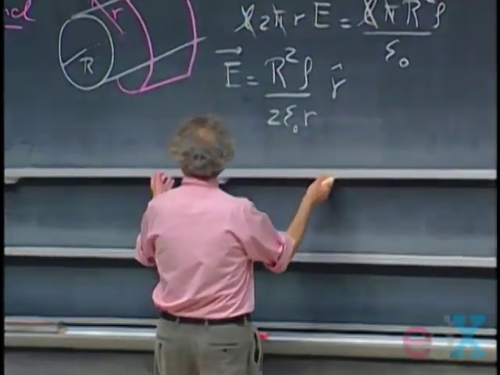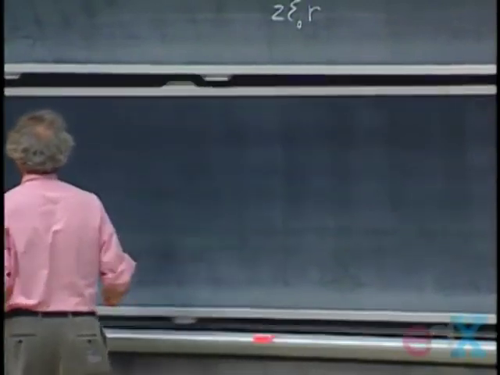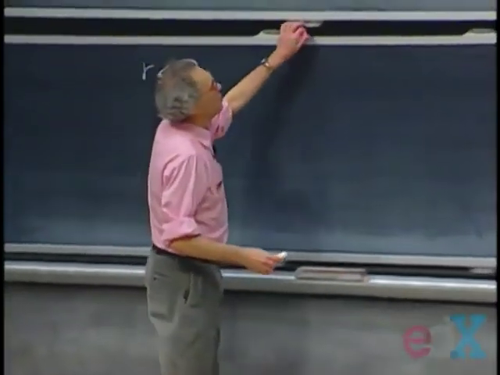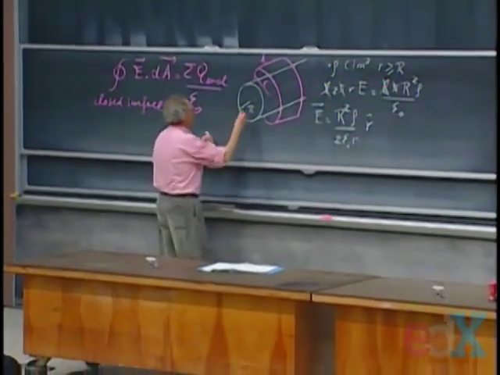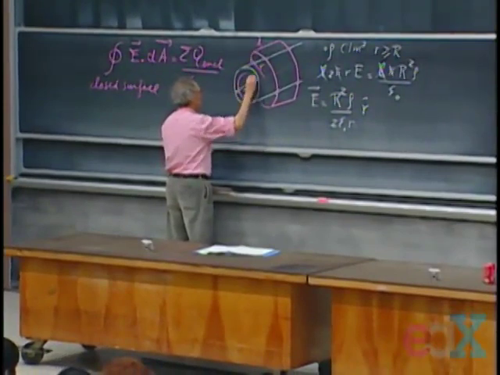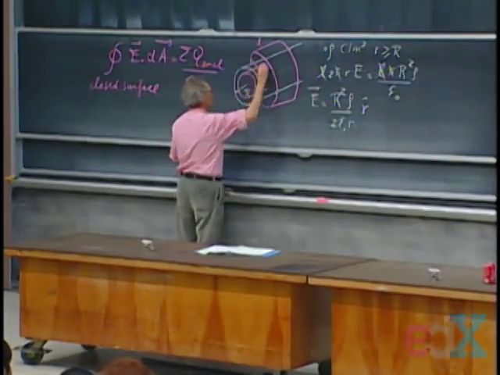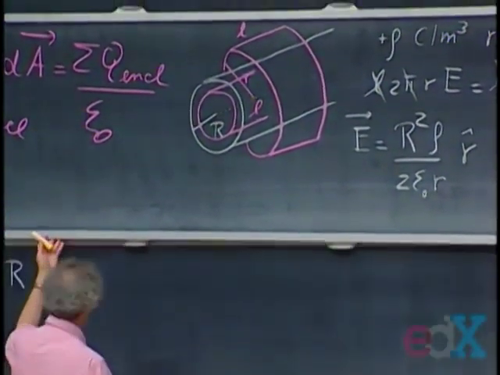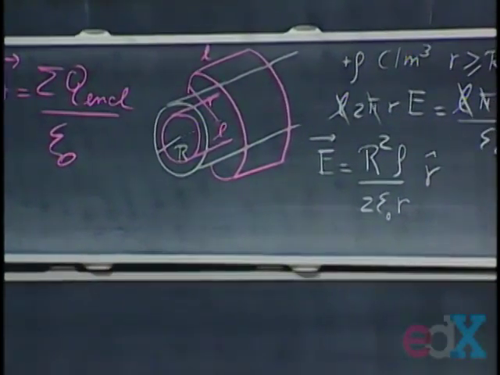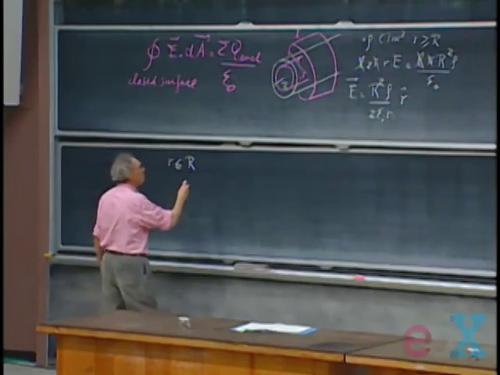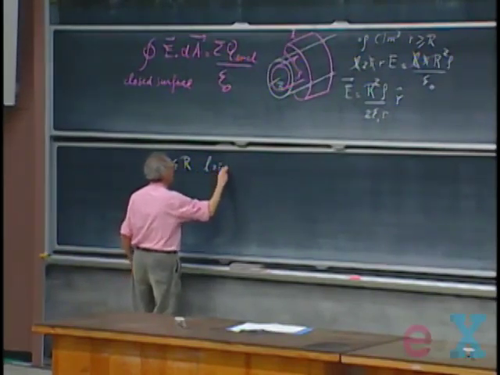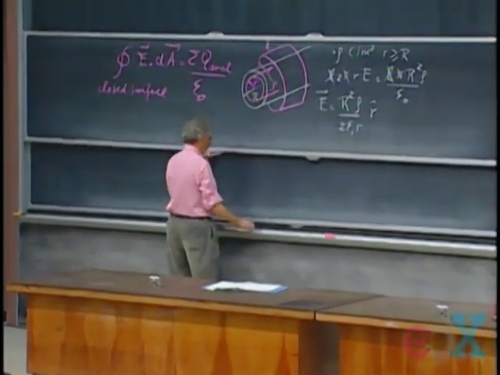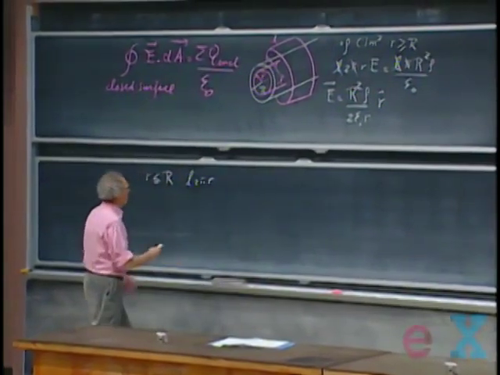So now I want to know what it is inside the cylinder. So now I go to little r less than or equal to capital R. So it's clear what I do now, I'm going to have a Gaussian surface which again is a cylinder. It has length L. And it has again 2 flat pieces at the end. So no flux will go through those 2 pieces. So my first term of Gauss' law is going to be the same. I have L times 2 pi little r, because the radius of this inner circle is also r. L 2 pi r times the electric field.